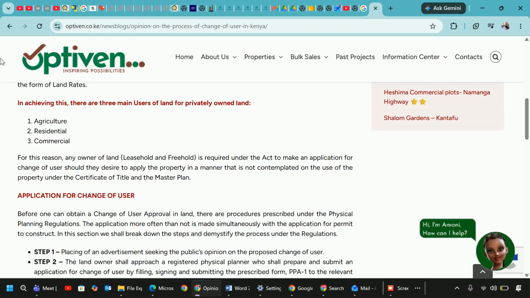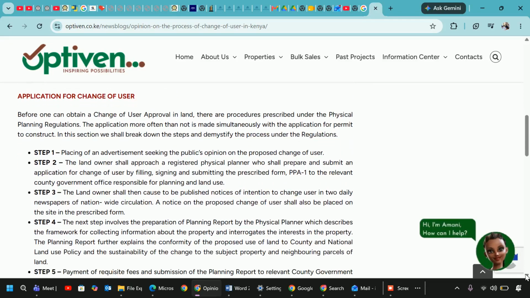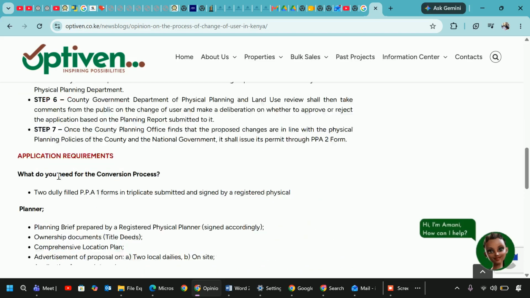Okay, for exam questions, you will not be told that there is a change of user that is being required. It will only come through a scenario. Application for change of user. Step 1, placing an advertisement, seeking the public's opinion on the proposed change of user. Step 2, the landowner shall approach a registered physical planner who shall prepare and submit an application for change of user by filing, signing, and submitting the prescribed form, PPA1, to the relevant county government office responsible for planning and